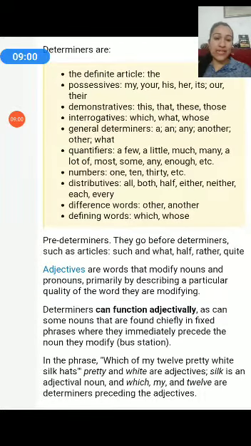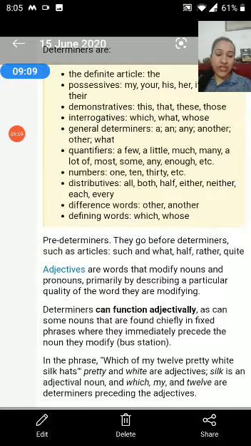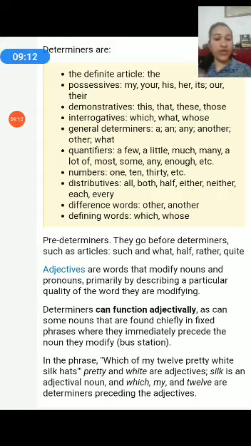So you will understand that these 5 determiners that I mentioned and these 5 adjectives that you have done are the same thing. So these 5 categories of adjectives fall under determiners. Now let's understand the difference. They are not exactly the same. We understood that articles do not function as adjectives. That is one kind of determiner that does not have anything to do with adjectives, which is articles. Okay. Only these 5. Now let's move on and understand the difference between adjectives and determiners.